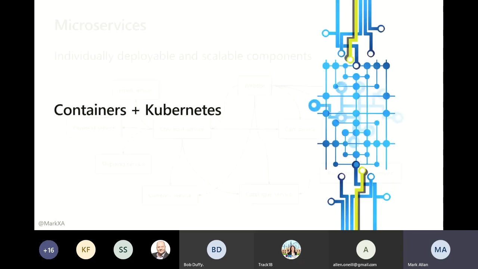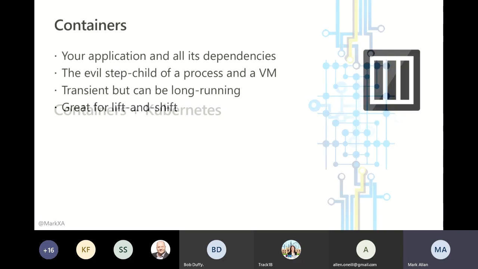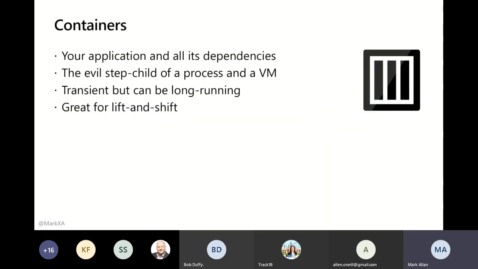So where do you put your services? The first place people started putting services was in containers. The basic idea behind a container is that you can package up your application, your service, into something which is almost like a tiny VM. Now, it's actually a process, or at least a Hyper-V abstracted thing in the case of a Windows container.